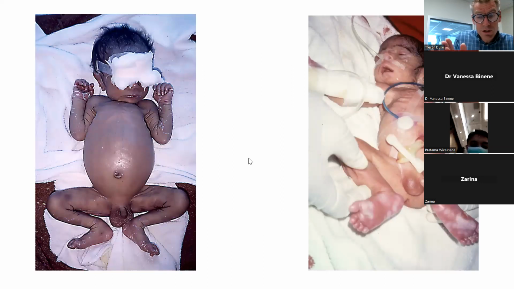So we've talked about congenital rubella syndrome, and we've talked about congenital CMV. I want to switch now to talk about another, even more common congenital infection, and that is what these babies have. And I'm sure you'll be aware of this. These babies, you can see there's peeling of the skin on the feet and the hands and the arms. This baby has these necrotic patches on the soles of the feet. It is obviously a very low birth weight baby. This baby has a distended abdomen from a large liver and large spleen,